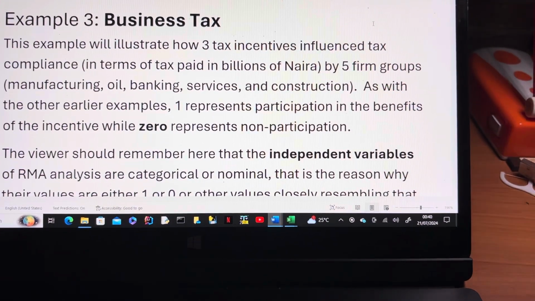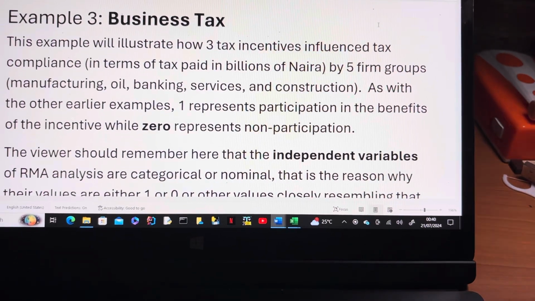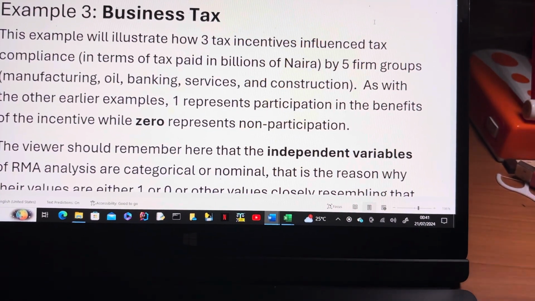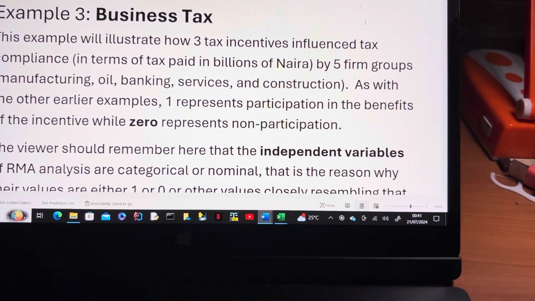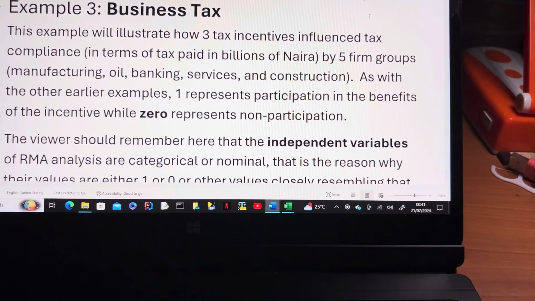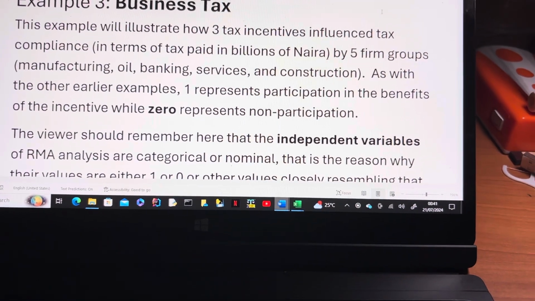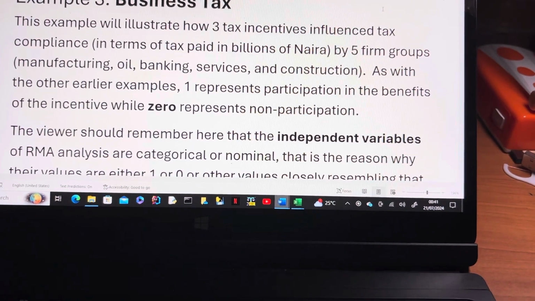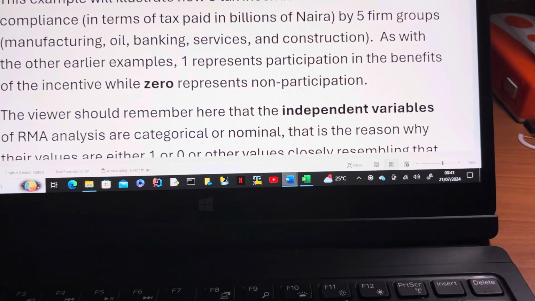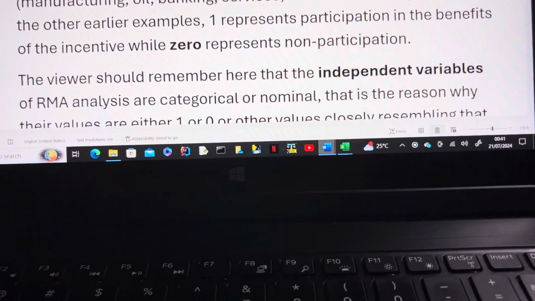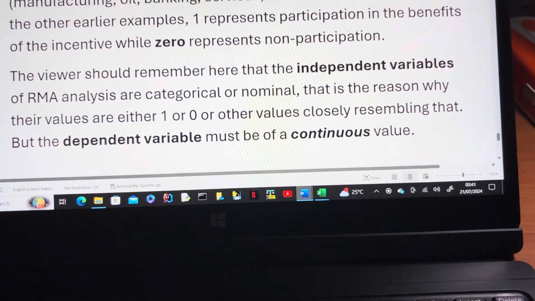billions of naira by 5 firm groups, namely manufacturing, oil, banking, services, and construction. As with the other earlier examples, 1 represents participation in the benefits of the incentive, while 0 represents non-participation. The viewer should remember that the